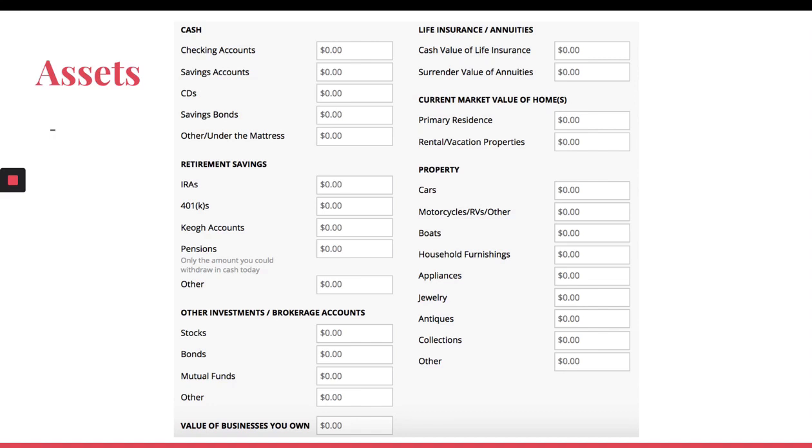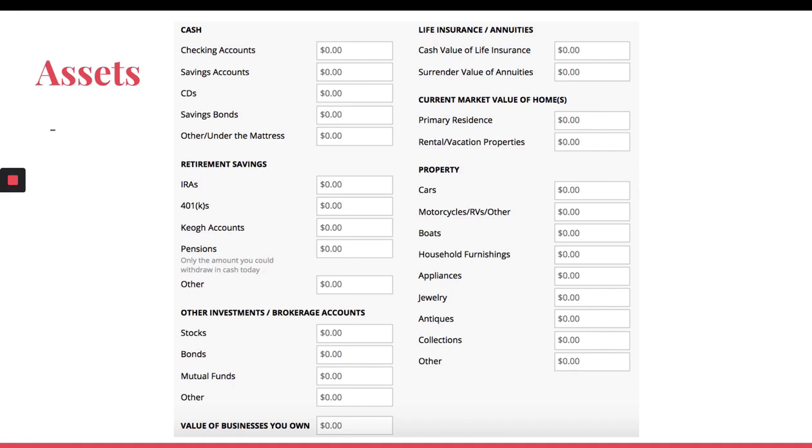These are just various investment accounts. Keogh plans, Keogh accounts, are basically a retirement account for self-employed people and small businesses in the US. A pension is a fund into which a sum of money is added during an employee's employment years, and from which payments are drawn to support the person's retirement from work in the form of periodic payments. We typically don't see pensions that much anymore, which is sad, but you might encounter a pension while working. So keep your eye out for that, because that would be great for your retirement.